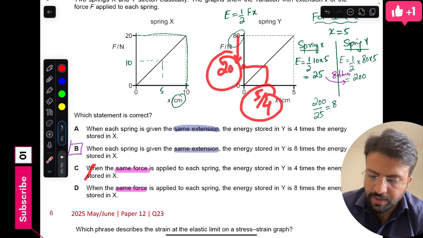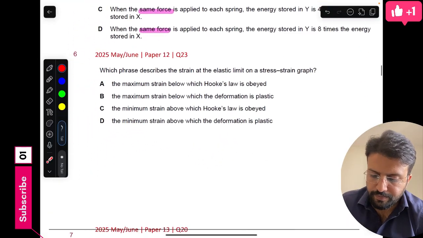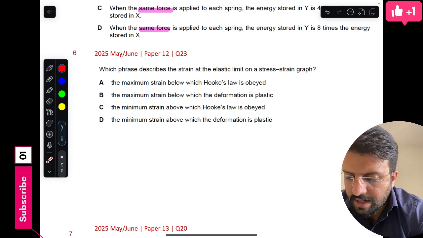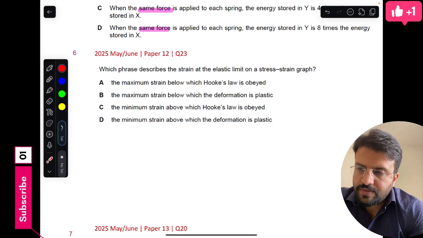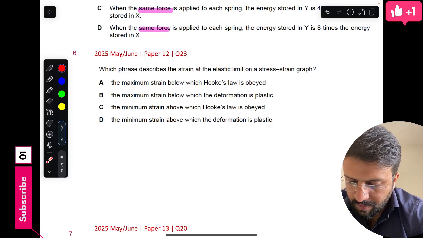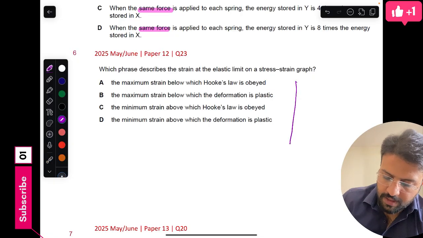So you can do the calculation for this thing as well, and you can check C and D will not be correct. Okay. In the next question, which phrase describes the strain at the elastic limit on a stress strain graph? Okay, so for this question, the maximum strain below which Hooke's law is obeyed. No, Hooke's law, if you remember the graphs,